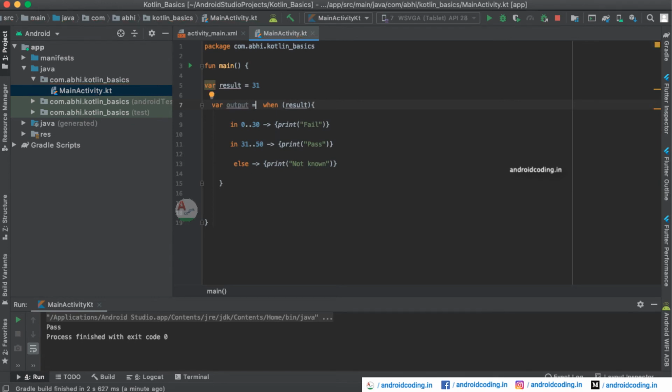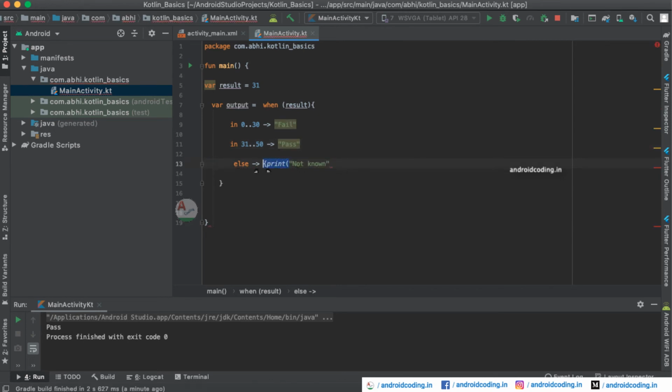I am declaring a variable like output here, so you can provide whatever name you want for the variable, and here I don't want to print it directly, I want to store it instead. So you can also remove these curly braces here, and let us try this example with me.